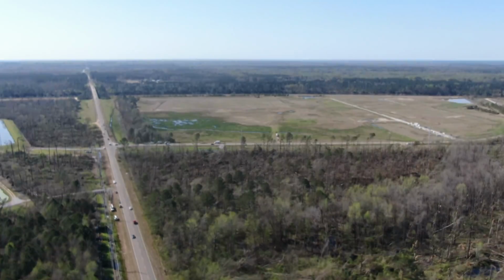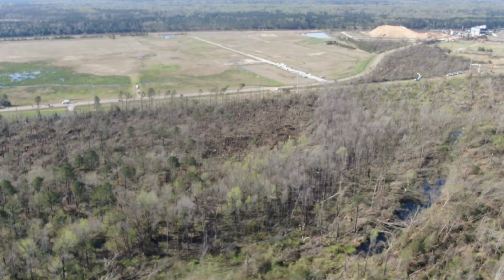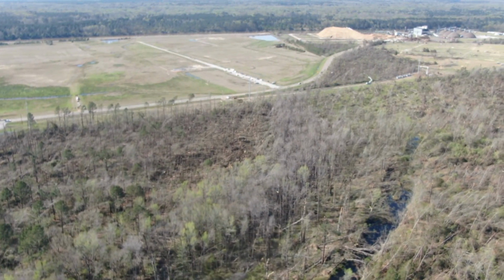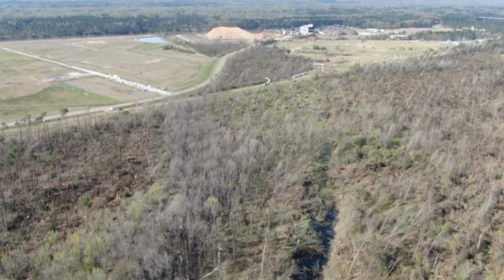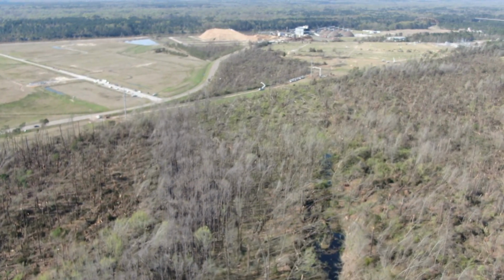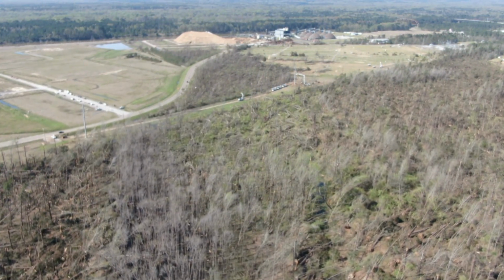That's looking back toward the west. This is kind of one of the main areas where the heart of the tornado came over. You can see the amount of trees that are down on the ground right here. That road that you can see at the middle left of the screen, that car on it,